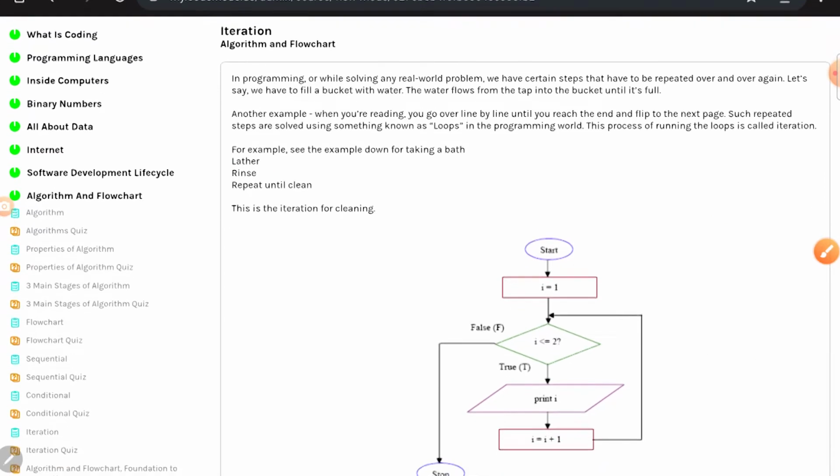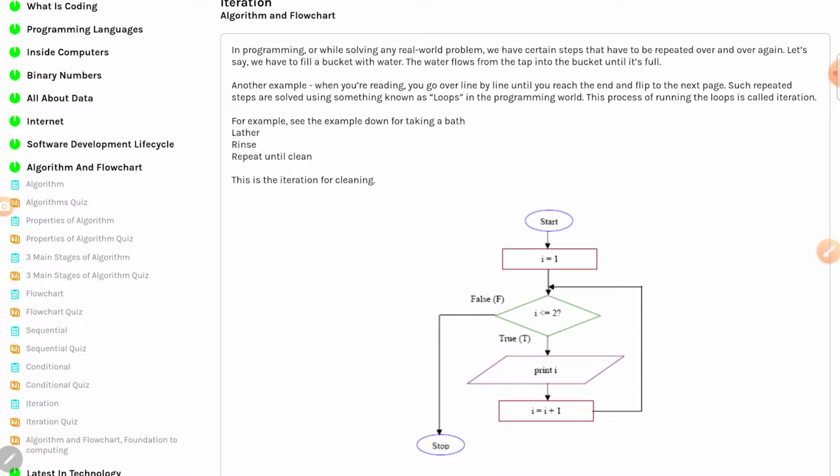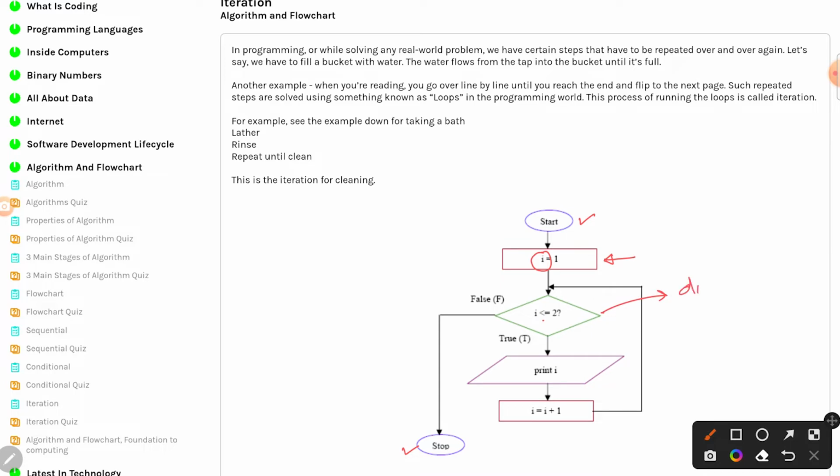Take another example you see on the screen. Again, as in any other flowchart, we have a start and we have an end, and then we have one step here, which is a rectangle. So it's part of processing. This is a sequence, and we create a counter. Counter name is I, and we start with I equal to 1, and then we say if I is less than equal to 2. So this is a condition, and you can see it's a diamond,